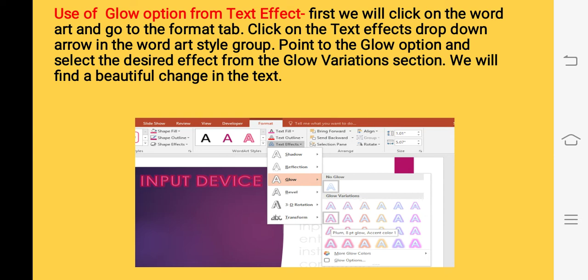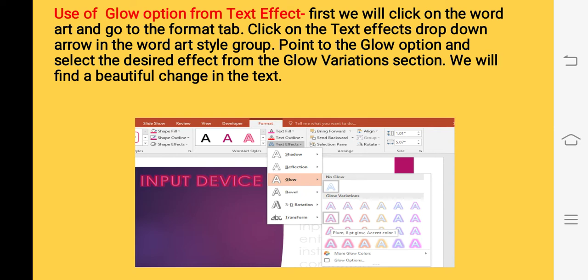Now children, in the word art style group there are different types of options given. We can use them, like the text effect button. From the text effect button we can use a glow option. To use the glow option, first of all we select the word art object, come to the format tab, and click on the drop down arrow of the text effect option.